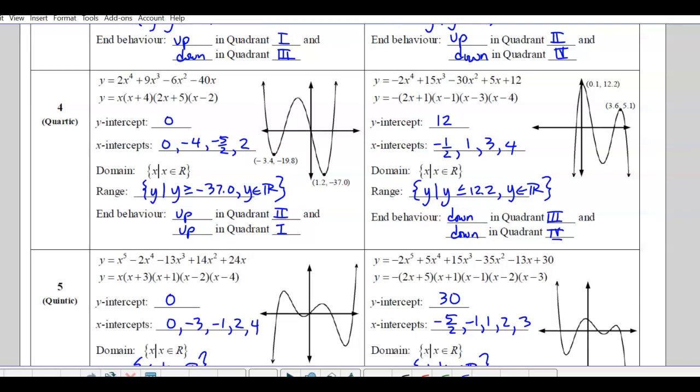Might zigzag in between, but it's still going both up or both down. So that means the range will be either less than or equal to a number or greater than or equal to a number. Okay, and the end behavior will be both ups or both downs in horizontal quadrants. Okay, so